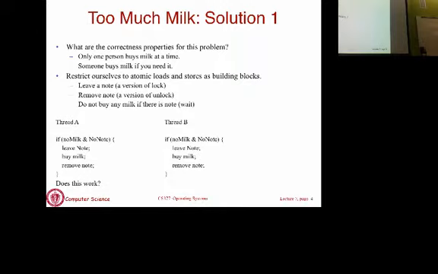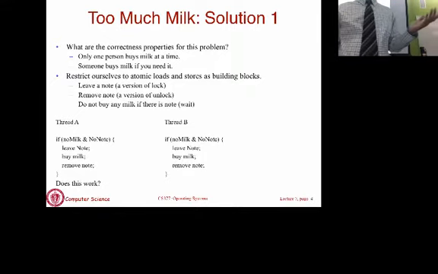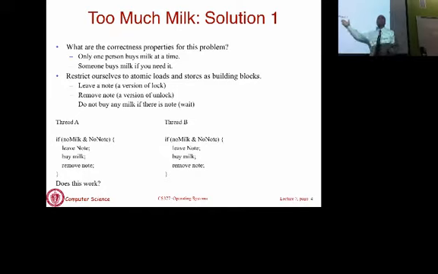So now in this case, what is going to happen is exactly the point that was made. We will assume that thread A runs first. It's going to execute this if statement, and let's assume that there is no milk and no note. So thread A is now going to enter the if statement, where it is supposed to leave a note and buy milk. But let's assume that just as it executes the if and is entering the if, the time slice for thread A expires. So the thread is going to give up its time slice. The CPU scheduler is going to run and pick another thread.